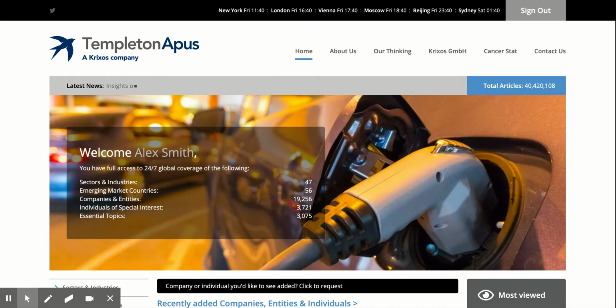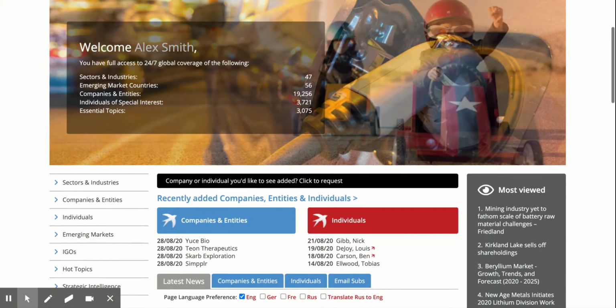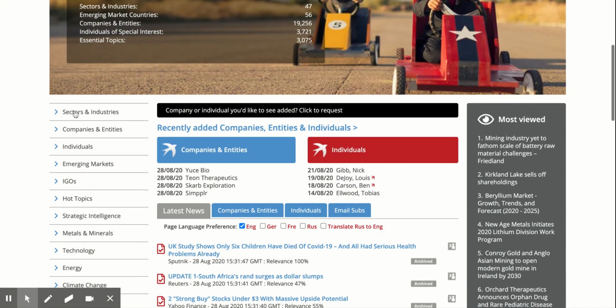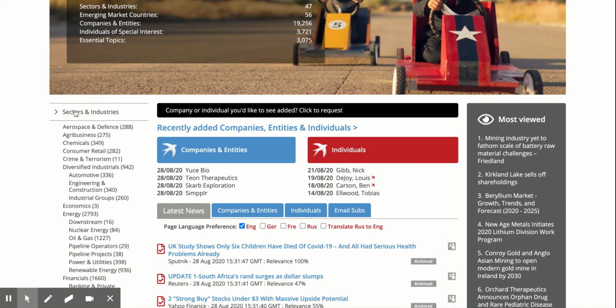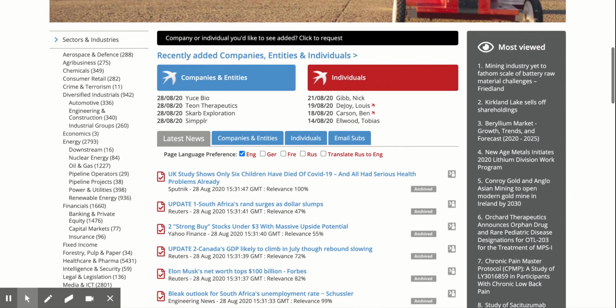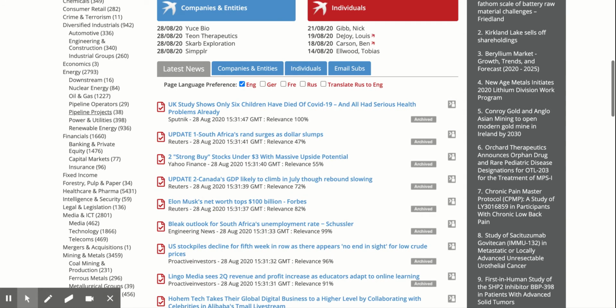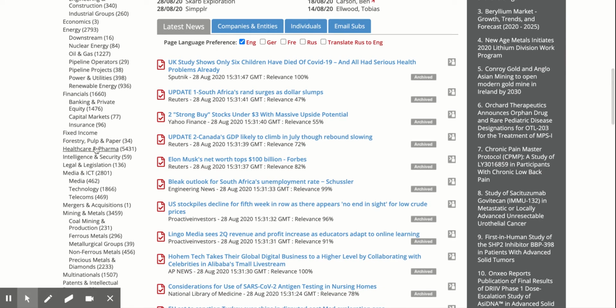So this is a demo account which has been set up here, which we're using. This is the welcome page once you've logged on, and we'll go straight to the healthcare and pharma side of things. So we scroll down, left-hand side navigation is where it all happens. And then you'll see here, if we go down, healthcare and pharma. And next to that, it says we're tracking information on 5,431 companies globally involved with the healthcare